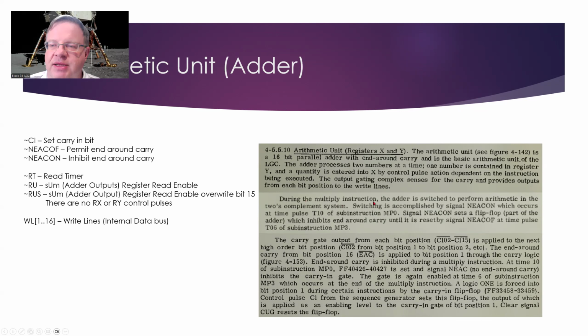During the multiply instruction, the adder is switched to perform basically addition in a two's complement system. Most of the time the AGC is one's complement, which makes it easier to do subtraction. You can basically just invert the contents of the register to produce a negative number, and that's what the B/C register does. We have the inverters on the B register that provide the C or complement register of whatever contents are loaded in B. But in the case of multiplication, we do need to enable this NEACON,